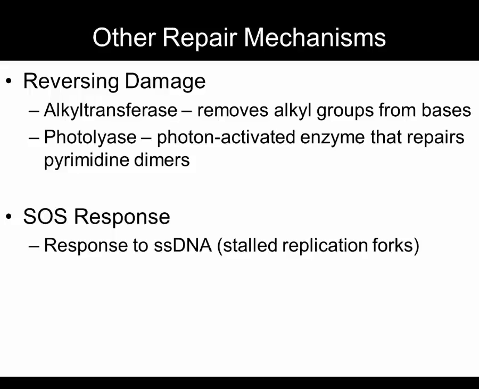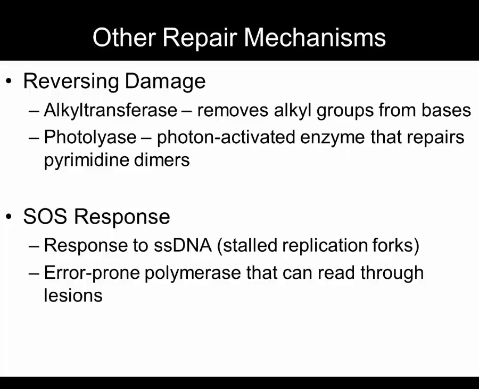There's also something called SOS response, though it's really less about preventing mutations than allowing the cell to survive with DNA damage. I mentioned before that big lesions like pyrimidine dimers can stall replication forks, and this can lead to cell death. But the uncommon presence of single-stranded DNA associated with stalled replication forks leads to the recruitment of an error-prone polymerase that can move past the lesion. Such a polymerase may cause some more base substitutions, but at least the cell survives, and hopefully mismatch repair can